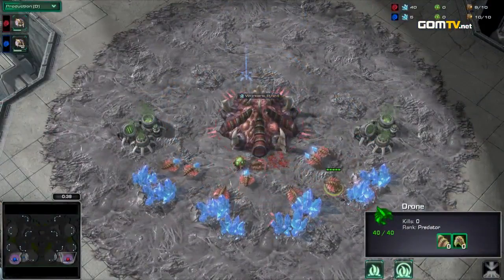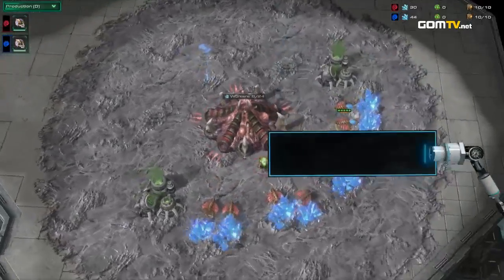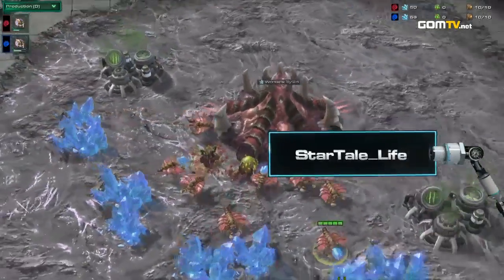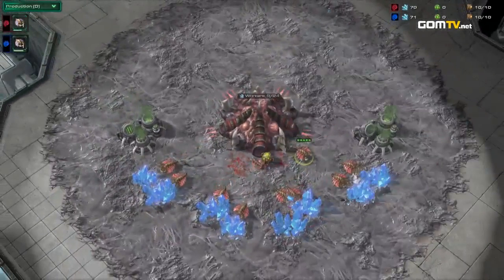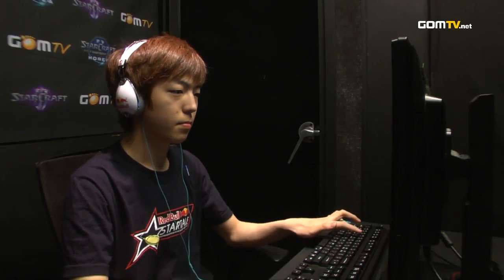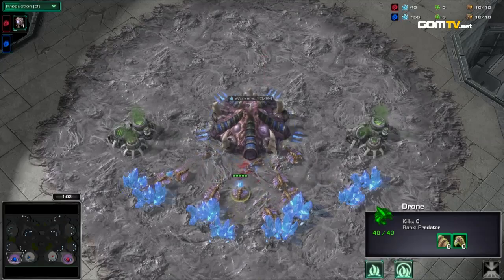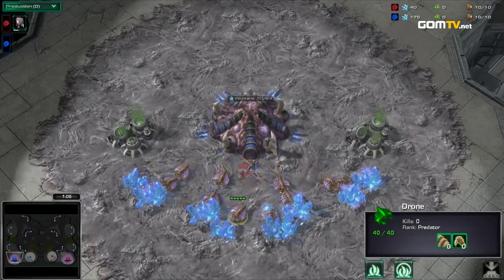Starting at the bottom right in red is our StarTale player. It is StarTale Life, currently down a game in this best of 3. He needs to win 2 maps in a row if he wants to advance to the Premier League. He's going up against a 10 pool from this player to the bottom left. He is